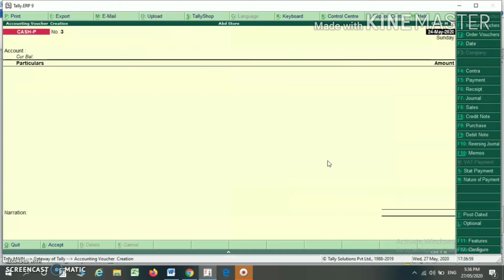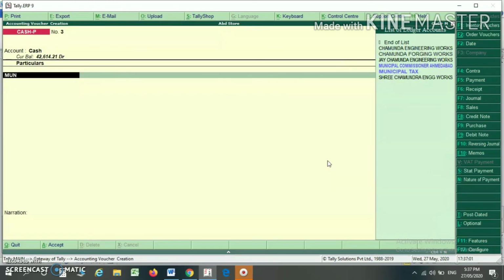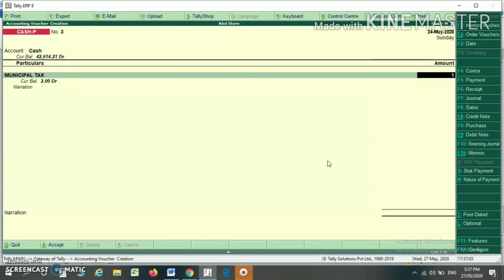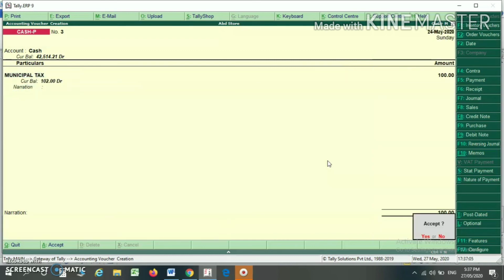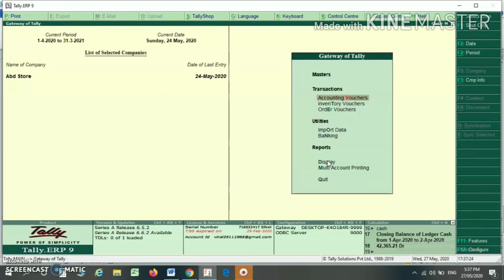Suppose I am making the entry for my data entry of municipal tax and I just press enter, you can find that the entry will be done. Suppose I am making any backdated entry and I have disallowed the backdated entry to my data entry operator, then it will not allow the data entry operator to do the backdated entry.